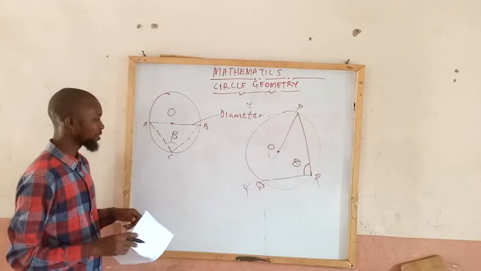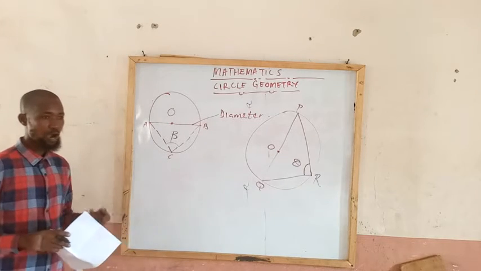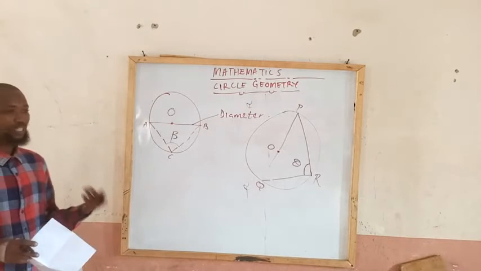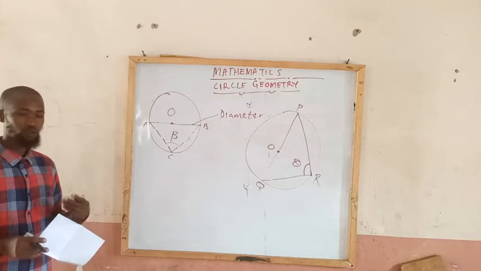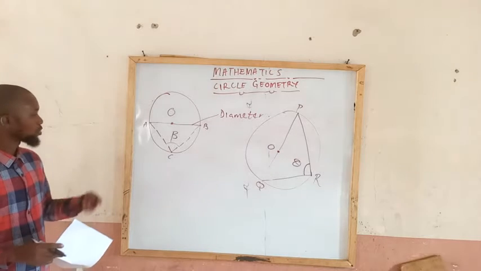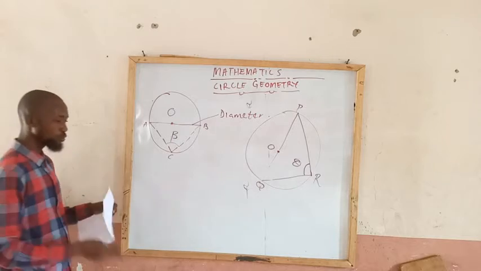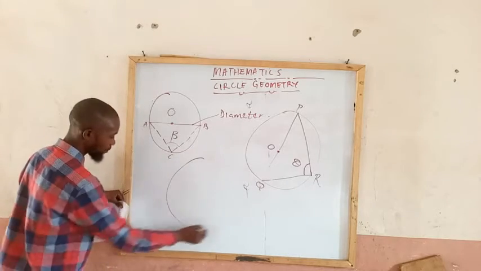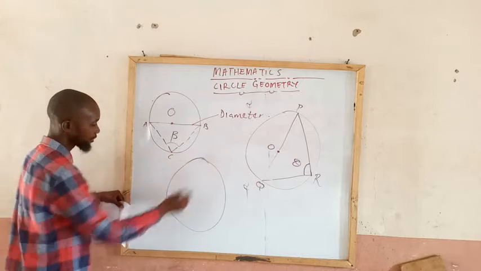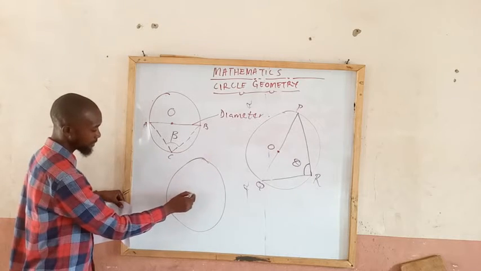Now the next aspect of it is to also discuss what we call angles in the same segment, and how can we identify any two or more angles that happen to fall in the same segment. So to be able to do that, let's also make use of a circle like this. Suppose this is the center,